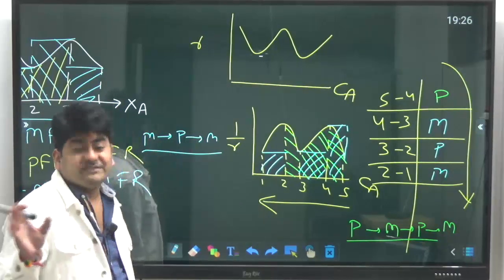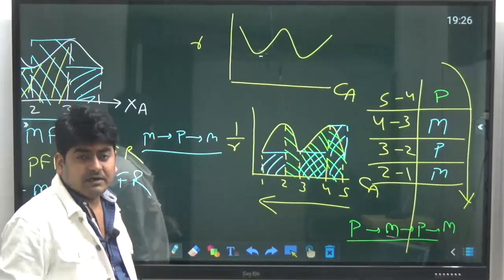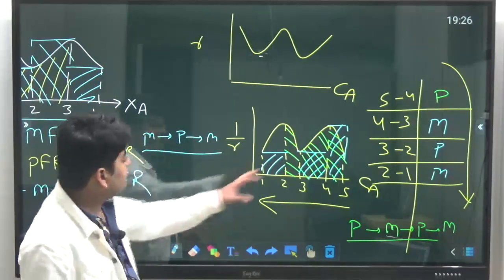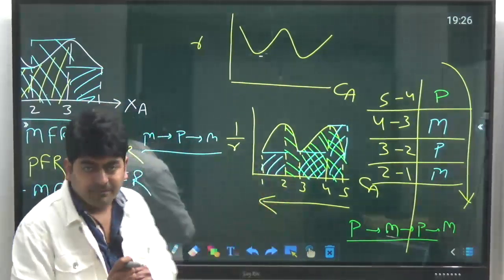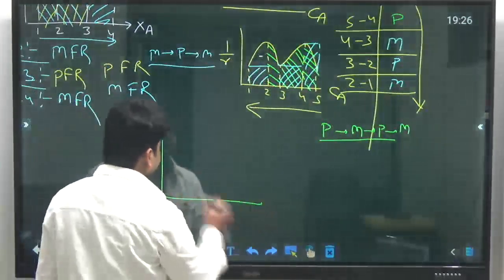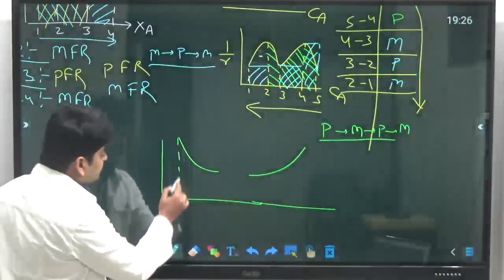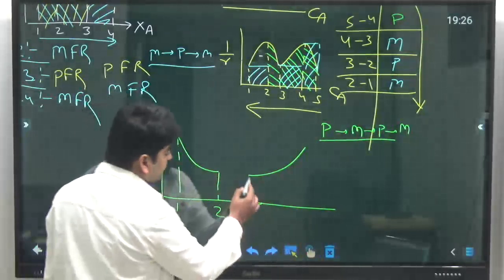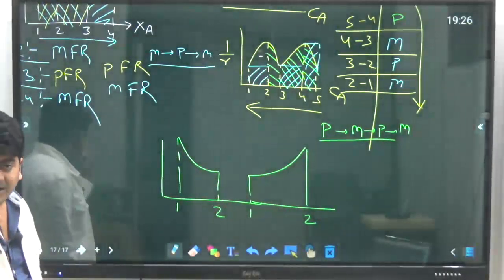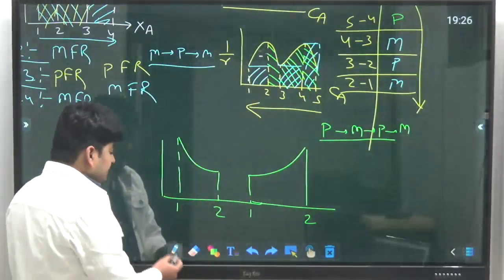Okay, simple. Now, if any one of you by chance has a problem with how to find out the area of MFR, which rectangle will be formed, here we made rectangles like this, there we made rectangles like this, what does that mean? Okay, so it's easy. Suppose we have a curve like this or like this. Okay, this is the initial point, this is the final point. So how do we find the required rectangle, the suitable rectangle for the process?